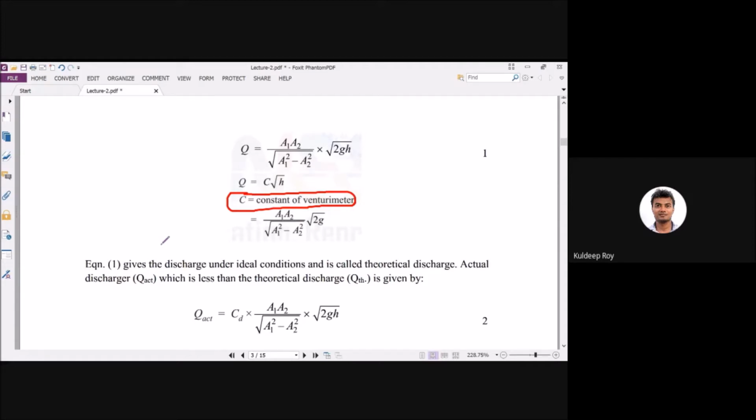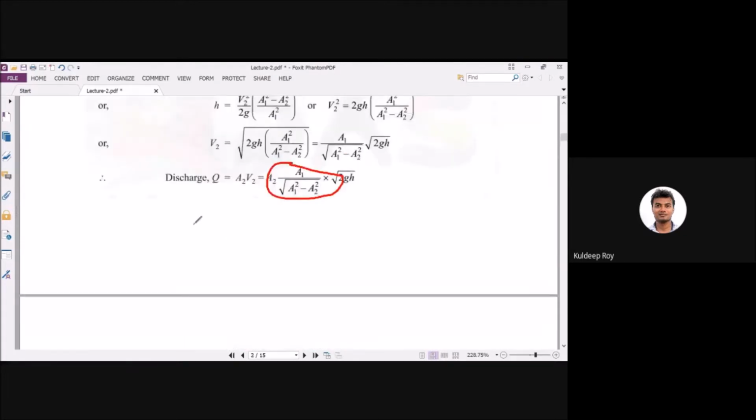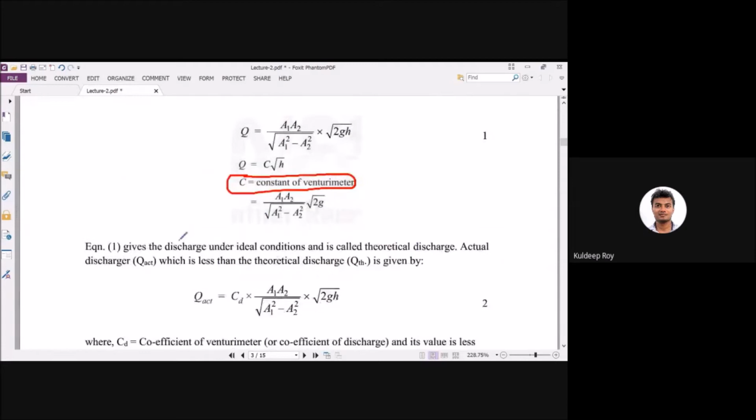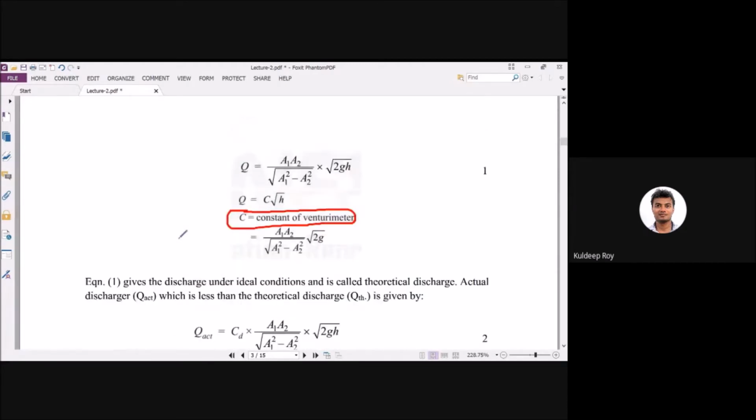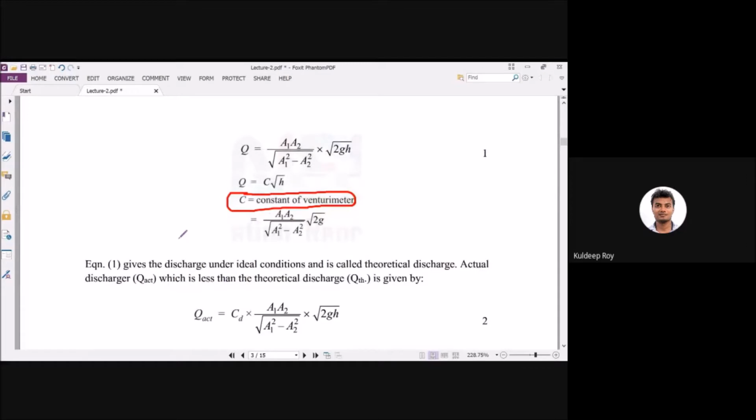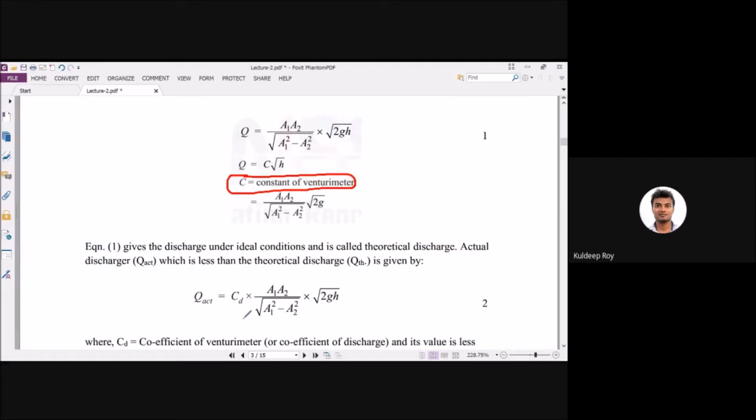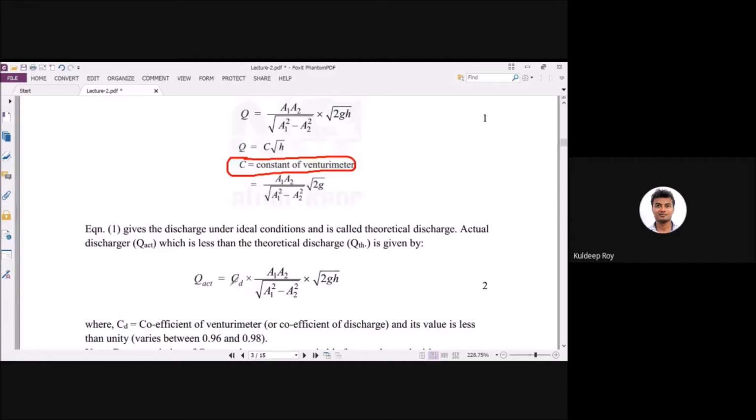Okay. Now if you want to calculate the theoretical discharge, here we have written that the actual discharge is less than the theoretical discharge. What does that mean? Because when we calculate the theoretical discharge, we consider that there is no drag, there is no resistance. So in the experiment, when you want to determine the actual discharge, you have to multiply it with the coefficient CD, which is also called the coefficient of discharge. Then this will give you the actual value of the